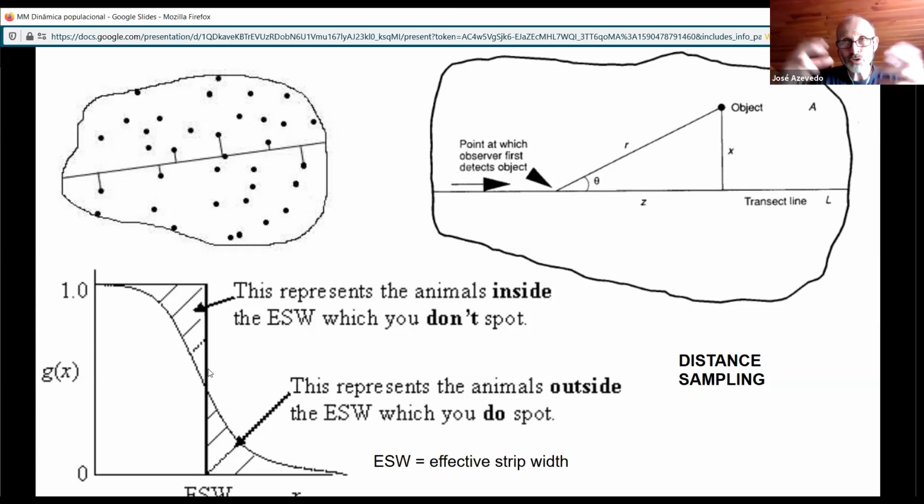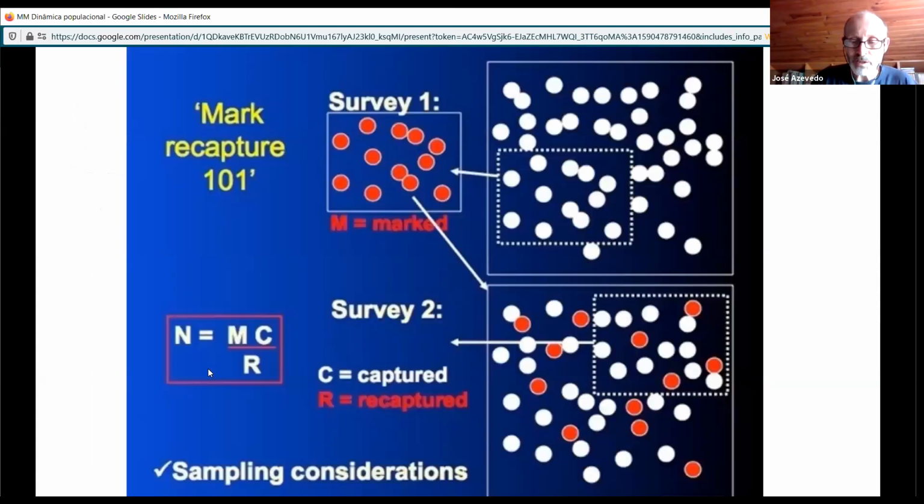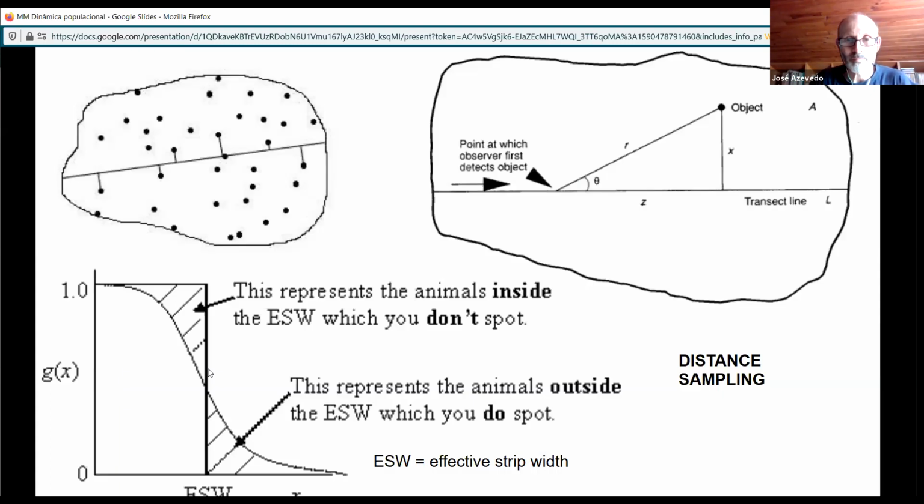And so you can use this balance between 10 minutes and 30 minutes to estimate, again, the number of animals you didn't see because they were diving. So that's the best thing we can do in distance sampling. This is very widely used for sampling animals in the ocean,